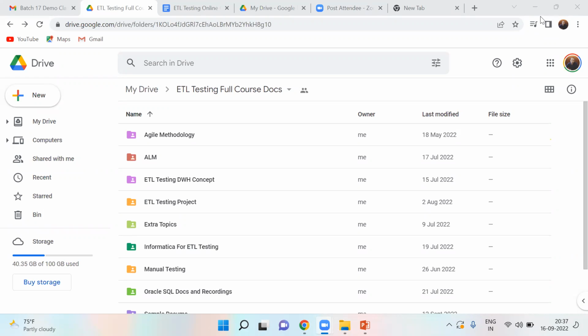After getting into a company, if you have some other interest, like ETL is also being introduced with cloud and all, you can learn cloud or anything else. This will be your entry pass for IT, the easiest entry pass. When you go to any society or any company, they will stop you at the gate itself: show me the ID, show me the pass. So ETL testing is the easiest way. Among all other skills, ETL testing is the easiest way to enter into an IT company.